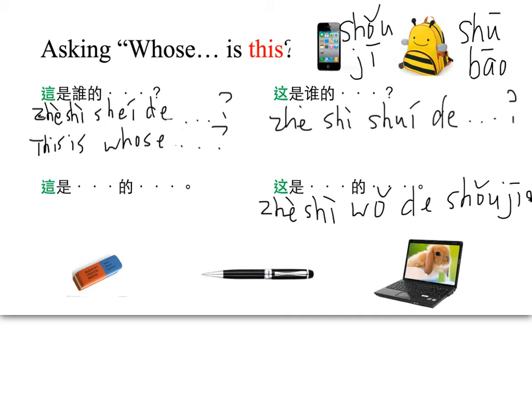So how do you come up with that response? It's really easy. All you need to do is to say 这是 this, 我的. Now 我 stands for I, right? And 的 is the possession word, the indicator for possession. So when you have the two together, it becomes my. And 手机是什么？对，手机就是 right here. 这就是手机。好。And now I'm going to use the 3 items below, and we're going to exercise, right? So I'm going to ask, 这是谁的橡皮？